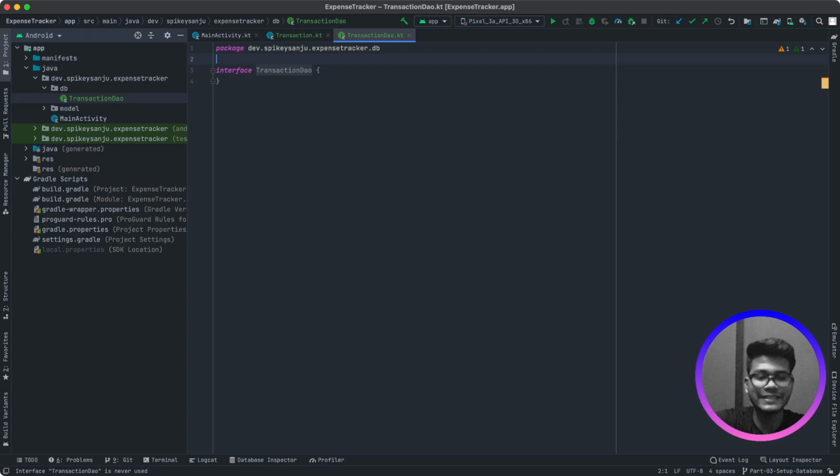And we need to annotate this interface with the DAO annotation. So what is DAO? DAO is a data access object, which is really helpful to access your application's persistent data. In our case, our first function is going to be